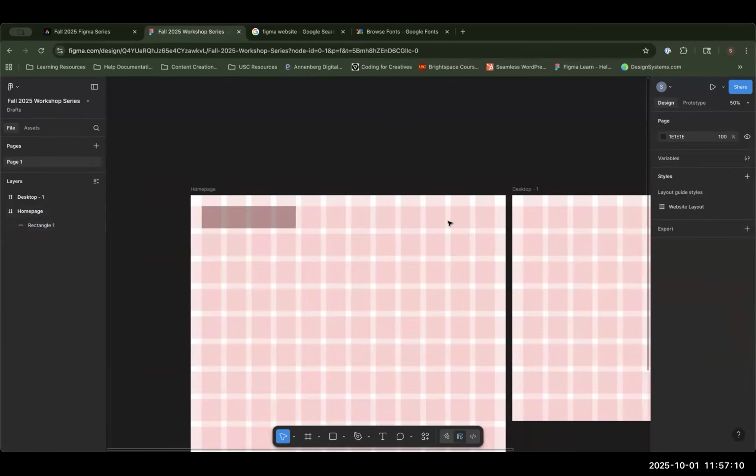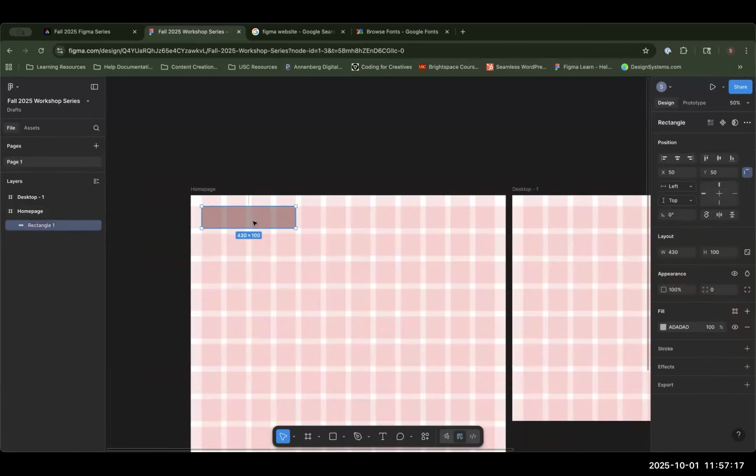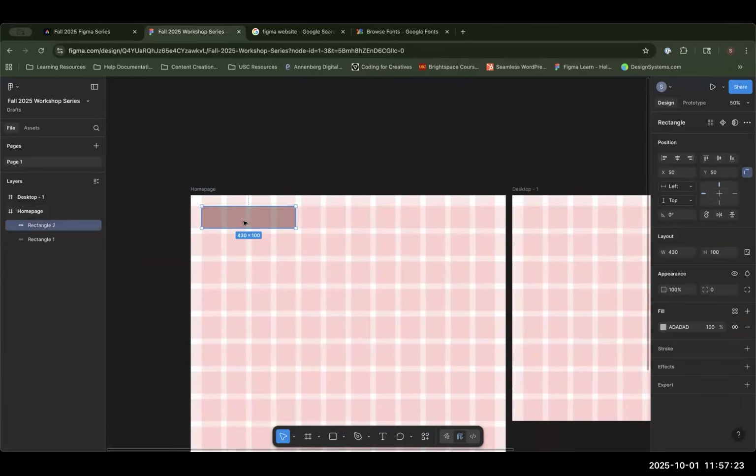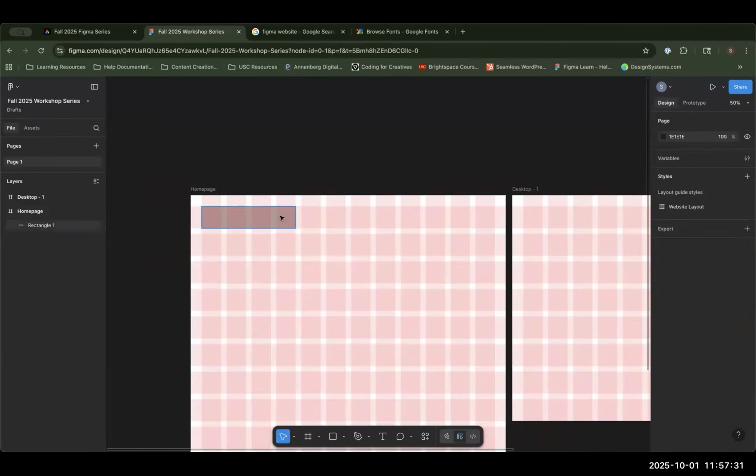And now what I want to do is duplicate this, but you can copy paste if you want to. So click on it, you can Command or Control C, and then click somewhere else, Command or Control V, and that'll paste just immediately where you're at, and then you can click and drag and move it. If you want to create a second rectangle, I think the coolest trick in Figma, and this is in some other design tools too,